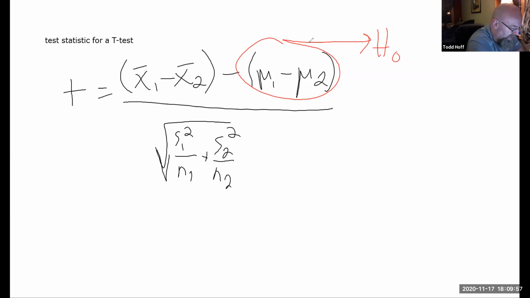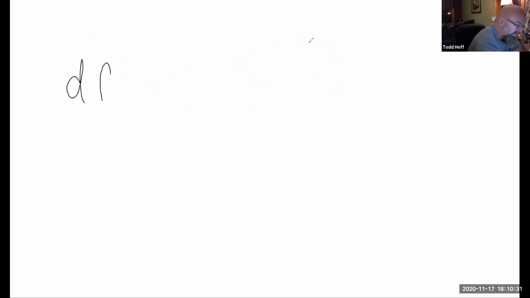One complication with this is that the t-distribution requires us to calculate degrees of freedom. In a single sample situation, the degrees of freedom was just the size of the sample minus 1. It's not so simple when we have two samples and we're combining them together. So our degrees of freedom here, let's go to another page just in case, are going to be